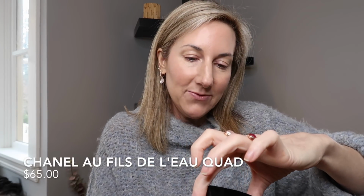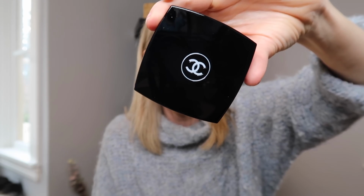And it is the new Chanel Quad. You guys, this one is in Eau de l'eau. And let's take a little look. Literally just showed up, and it is so pretty. I have been very into wearing gray colors on my eyes, and I was going to pass, but everybody told me that no, this is a must. So let's take a little look at these cute little